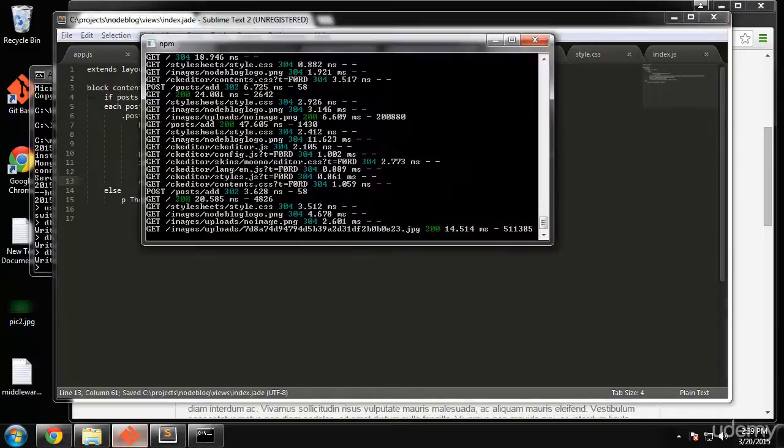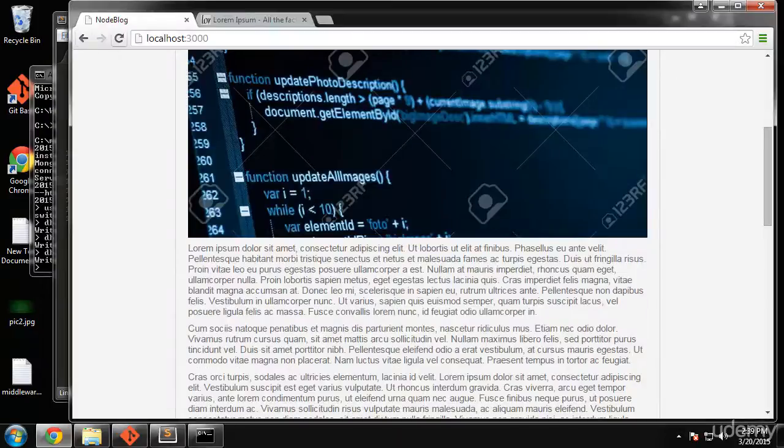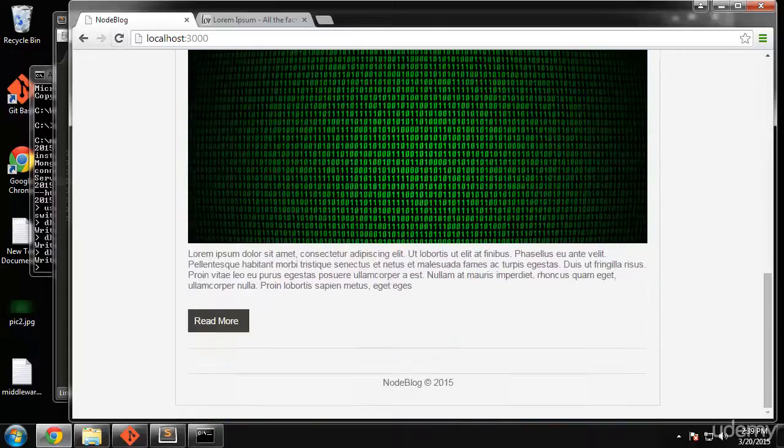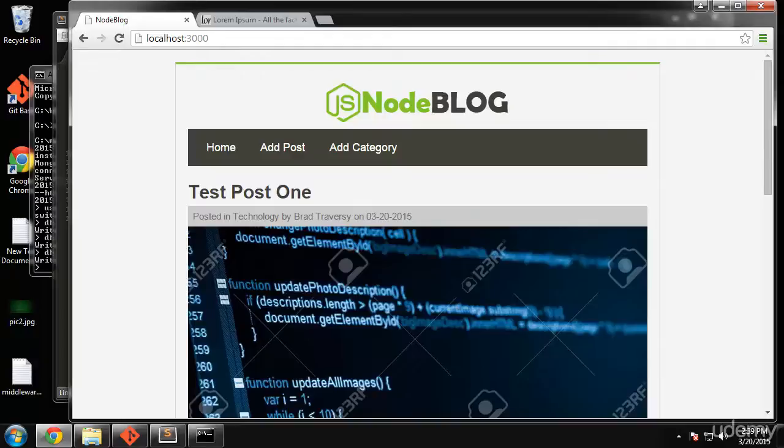and we'll save and restart and reload, and there we go. Now we only have a certain portion of the text. Now what I want to do is make it so that